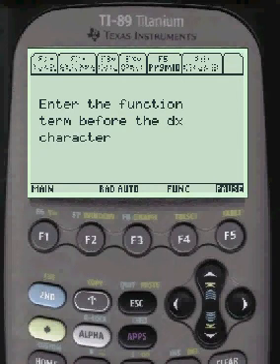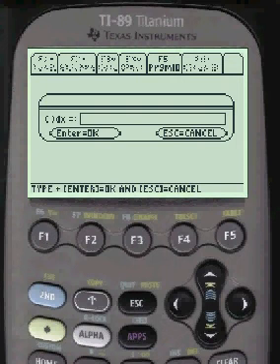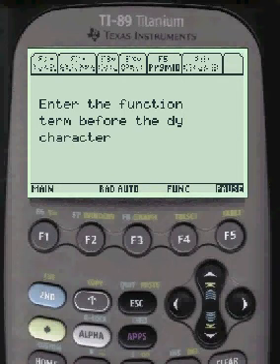We're going to enter the function. And we're going to enter what's before the dx on these problems. The only way I can figure out how to do it. And before the dx is alpha y cubed, and enter the function before the dy,